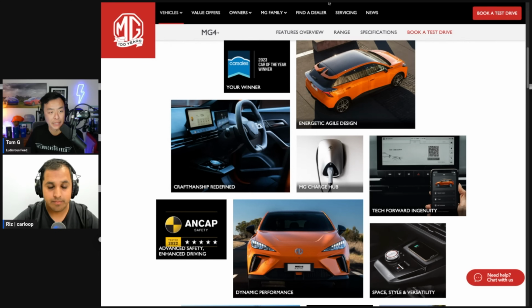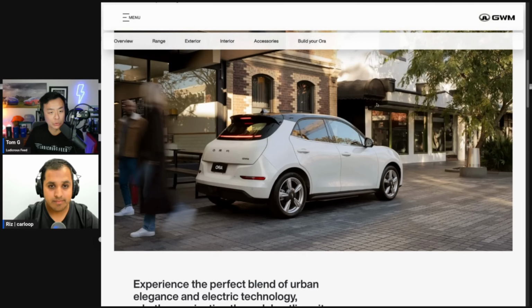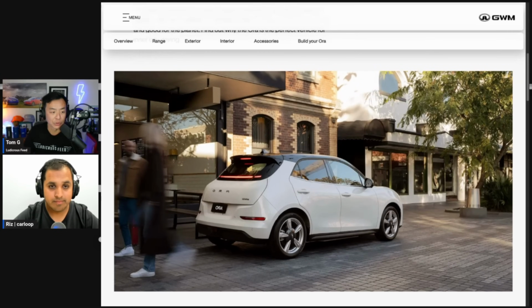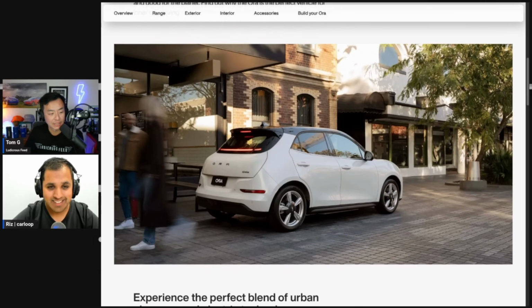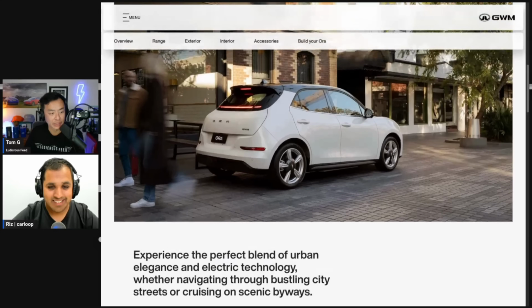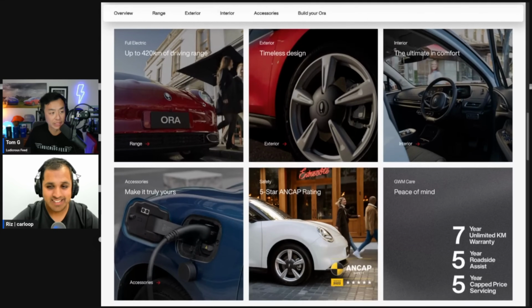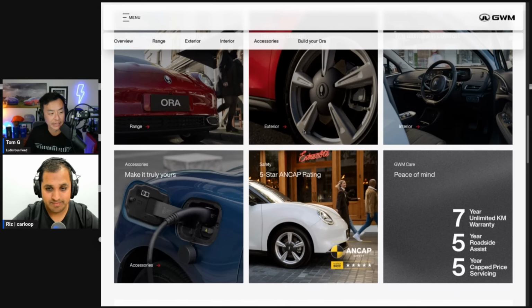Amazing stuff, backing their own vehicles. And finally, of the trio, we've got the GWM Ora from car makers Great Wall Motors. Of course, the Ora. And on the website, we've got a stunning white there as well. And boasting 420 kilometers of driving range, it says, and lots of little tabs here showing the interior, exterior, and